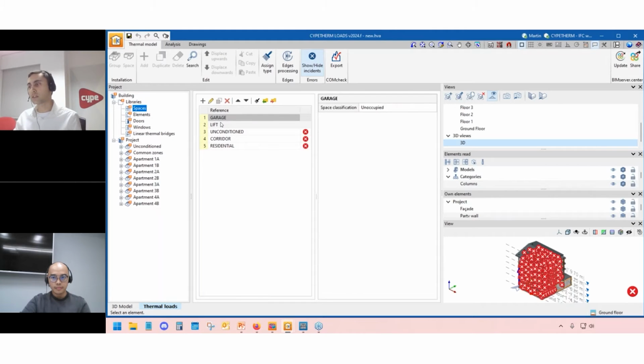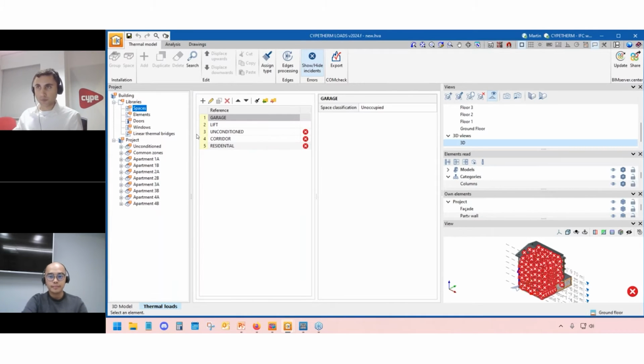Once we've defined the building solutions we will use in this project and will be taken into account for these calculations, once we define those elements, the errors start disappearing. And on the other hand, once we've defined the elements, we will go to our project. And in this tree on the left side, we have on one hand the libraries, and on the other hand the project. Libraries are the different sorts of elements that we have